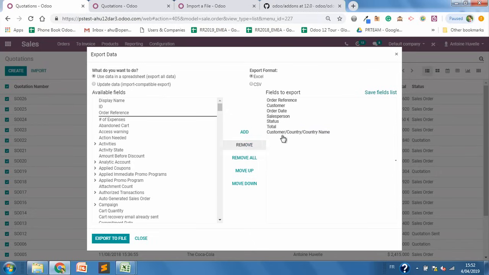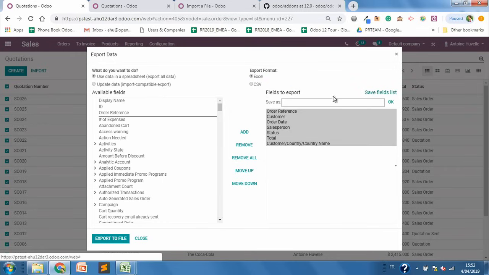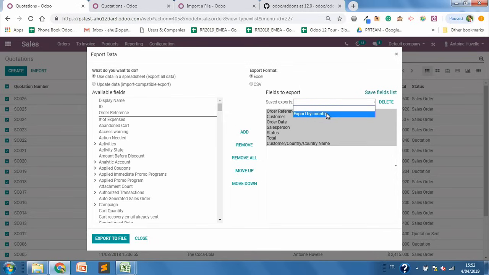I can make some export and play a bit with the information I'm exporting. What is really nice also with the capacity of export is that you can save your fields. So if you wish to reuse it later, you can say, okay, export by country, so that next time you can reuse that information. And if you don't want to, you can delete here, and this information can be reloaded